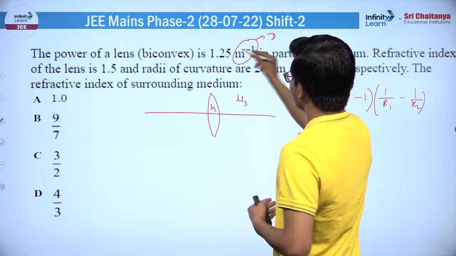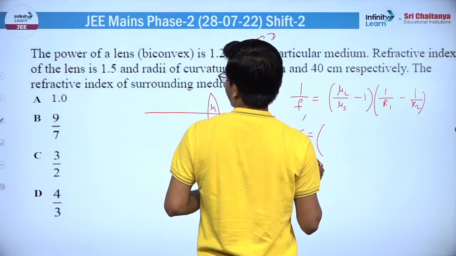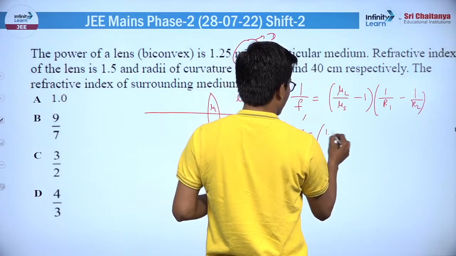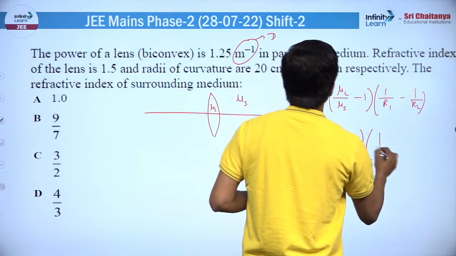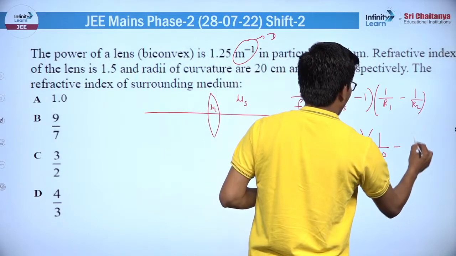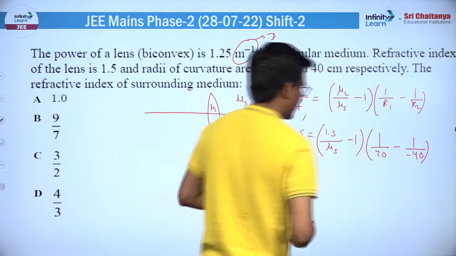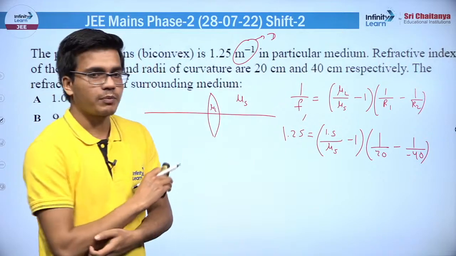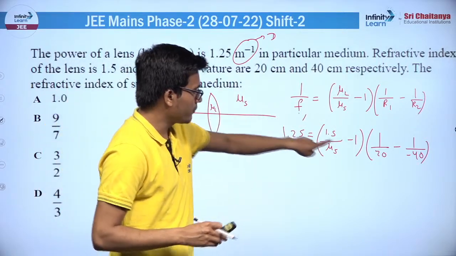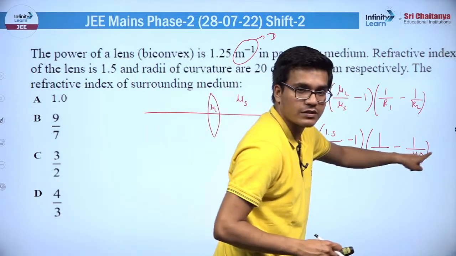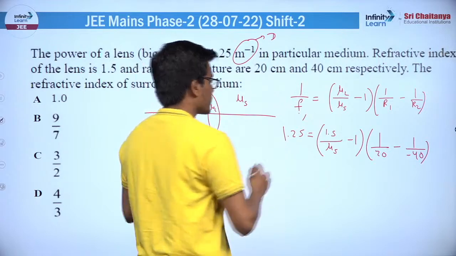This entire term value is given to you 1.25. Mu of lens is given to you 1.5. Mu S is something you need to find. R1 is given to you plus 20. R2 is given to you minus 40. One more thing you need to keep in mind, that 1 by F, where here we are putting in centimeter, but here we have put it in meter inverse, right? So let us just convert into